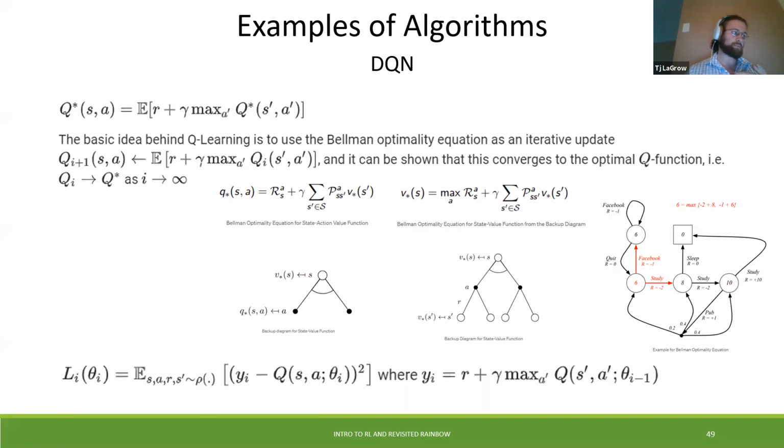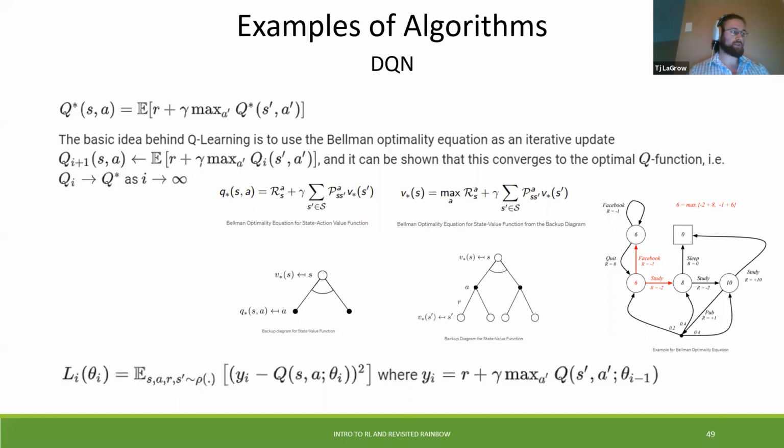Q learning was based off of the notion of the Q function, as we've been talking about, with the state action pair. We're trying to estimate the ideal function Q star as the maximum return that can be obtained by starting from observation S and taking action A following the optimal policy. For most problems, it's really impractical to represent this Q function as a table, especially in a continuous state given an action. Instead, here they try to train a function approximator, such as a neural network with given parameters, to estimate the Q values.